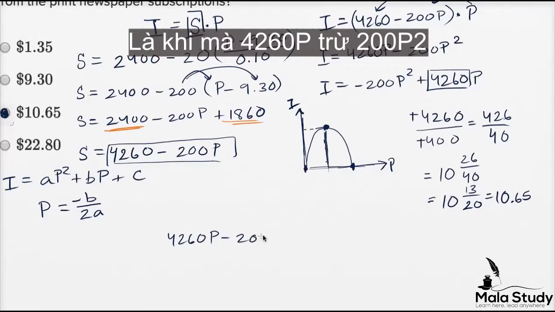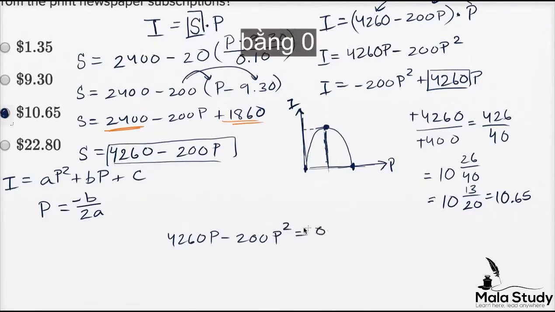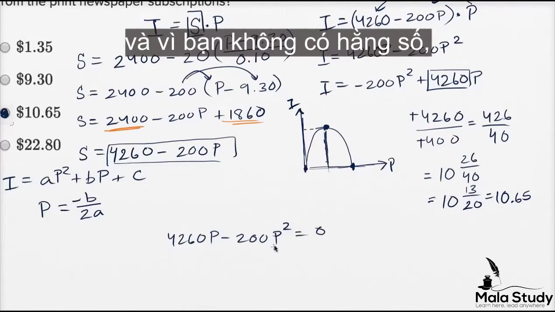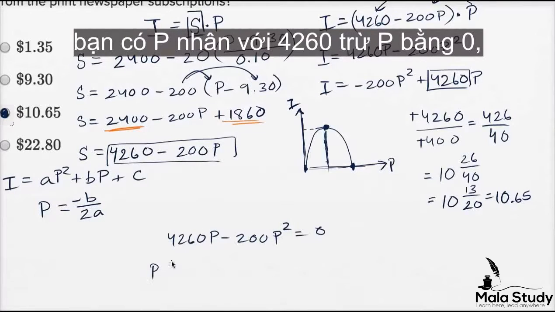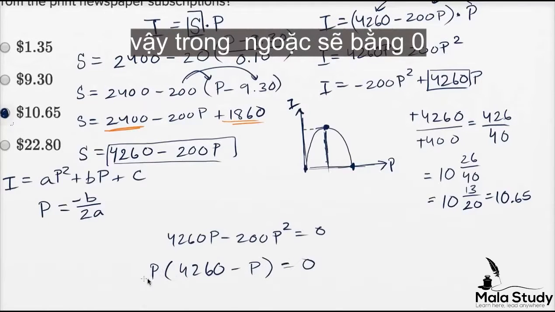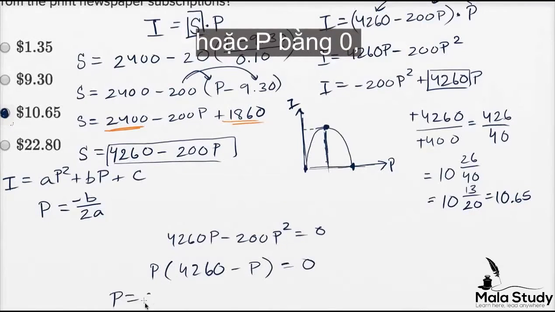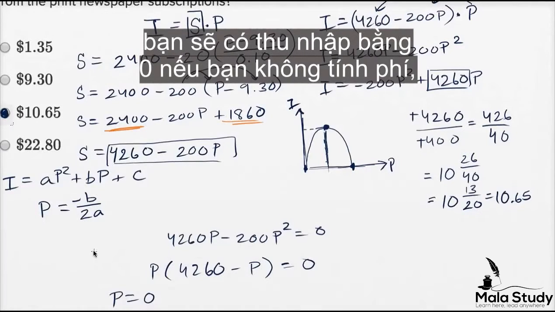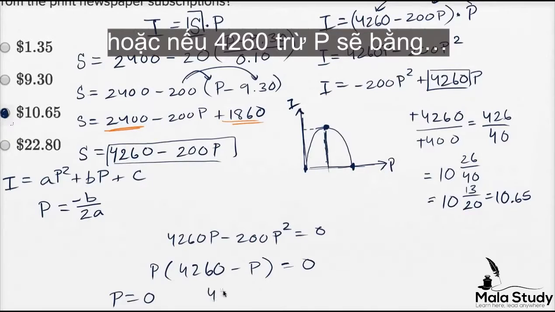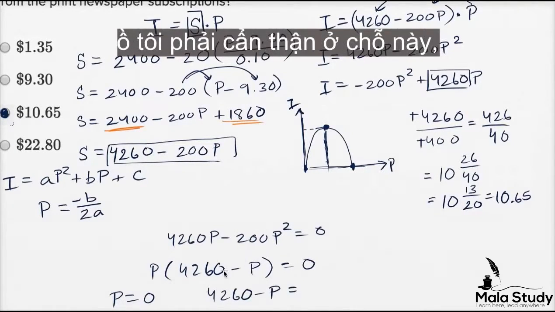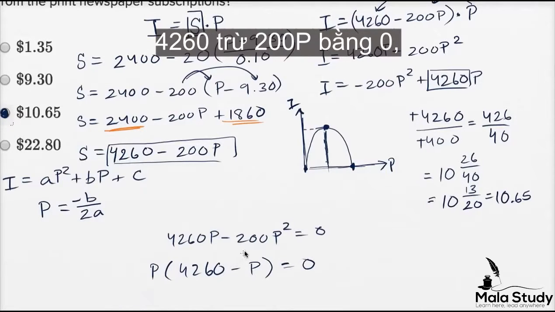So you could say, when does 4260p minus 200p squared equal 0? And since you have no constant term, you could just factor out a p. So you could say p times 4260 minus p is equal to 0. So this is going to be equal to 0 either when p equals 0. And that makes sense. You're going to have zero income if you don't charge anything. Or if 4260 minus, oh, let me be careful here. I don't want to, 4260 minus 200p